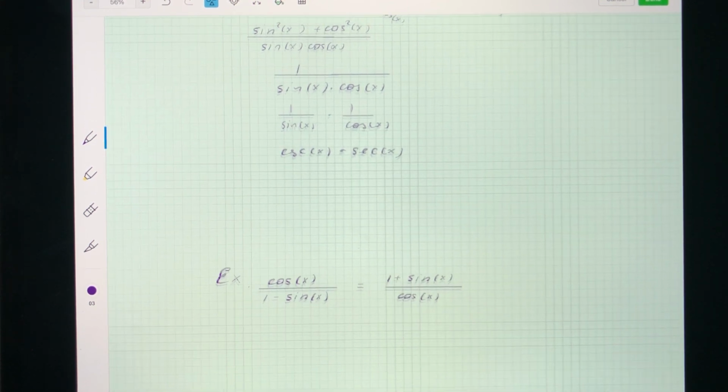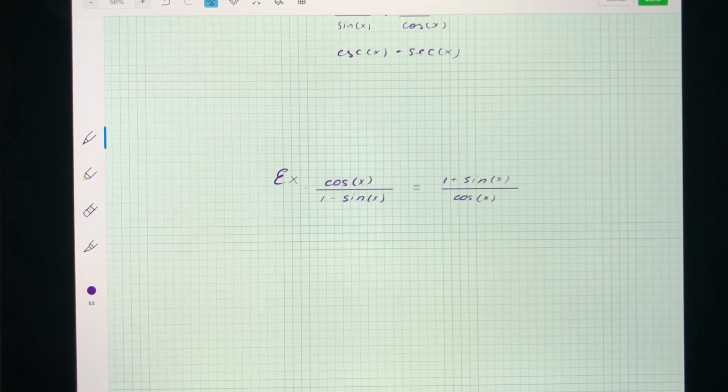Now the next identity has two fractions, but they're both in terms of sine and cosine. So in this case, we need something special. We can multiply top and bottom by anything we like, but it is very useful to know that the formula for the